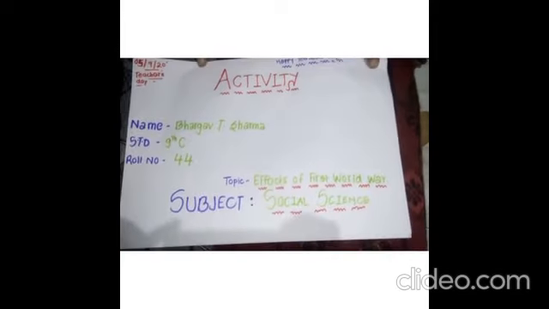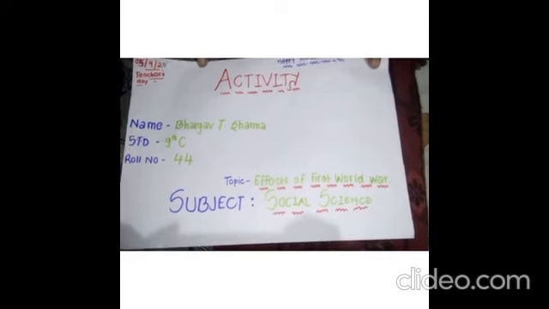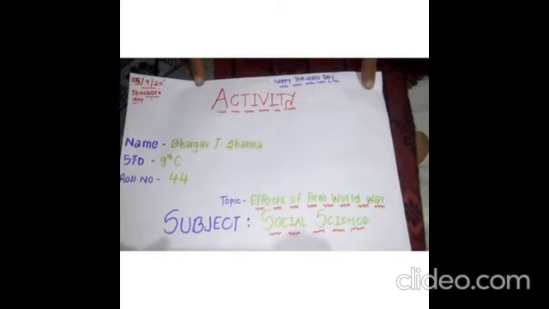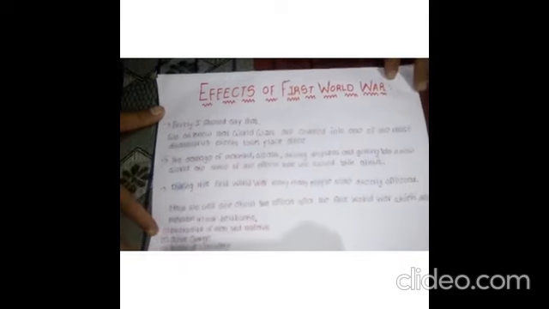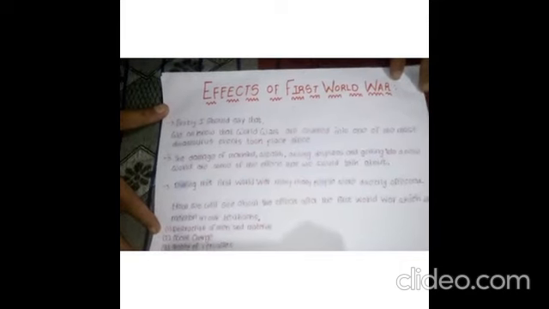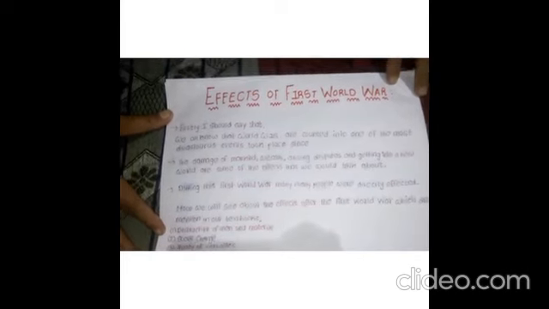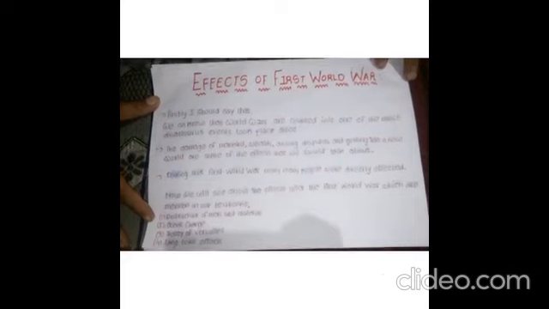Today we are going to talk about the subject social science, and our today's topic is the effects of the First World War. We all know that world wars are counted as one of the most disastrous events that took place. The damage to mankind and wealth, arising disputes and getting into a new world are some of the effects that we should talk about. During this First World War, many people were directly affected. Now we will see the effects after the First World War which are mentioned in our textbooks.